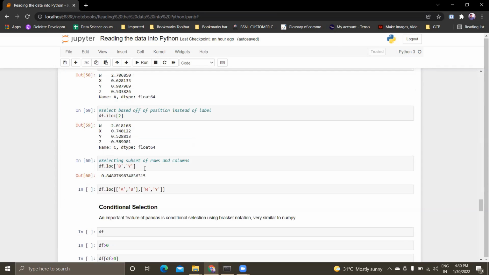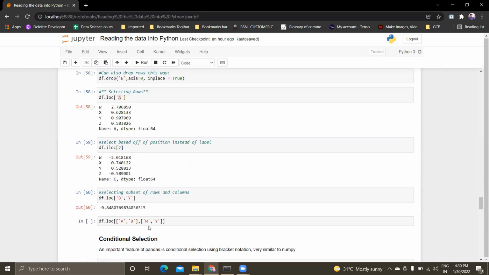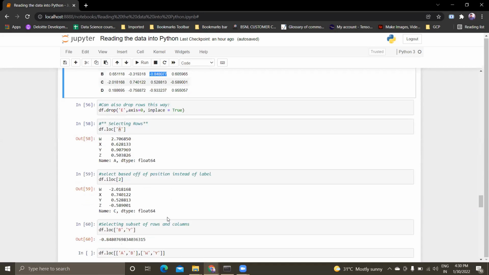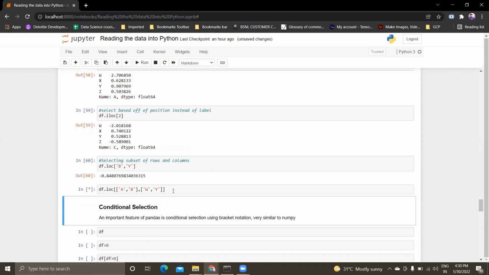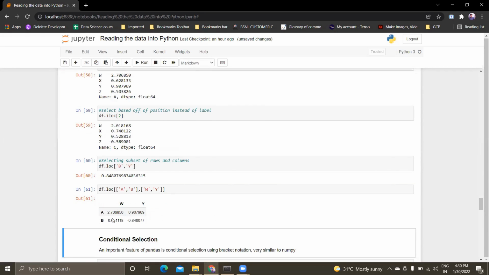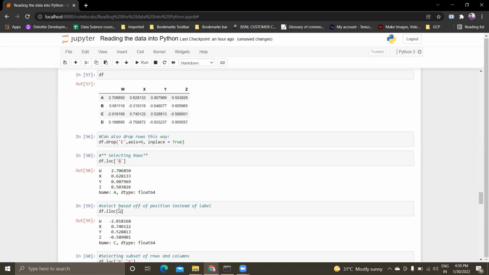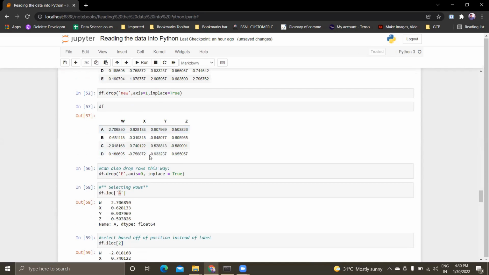So basically if you want to get values like this, again a, b and w, y, it will fetch you the results of a of w, b of y, and a of y and b of y. So basically it will get the values of this data frame.